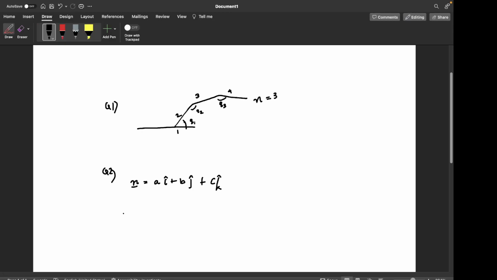So the direction cosines are given by a divided by the magnitude of this vector, that is square root of a square plus b square plus c square, right? So as you can see here,